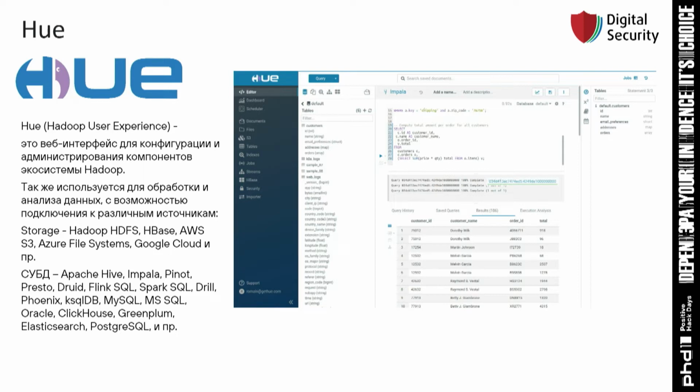So we can interact with Hadoop HDFS, HBase, S3 compatible storages like Azure, Google Cloud, etc. In this monstrous tool with a very complicated interface, which is not an intuitive UI,